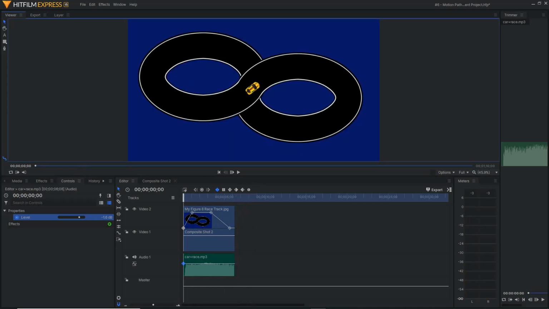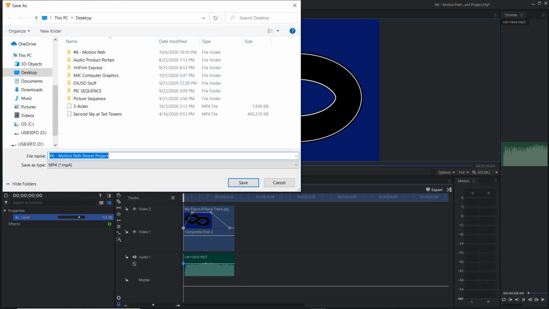So once you're done with that, then it's time to export. So we're going to go ahead and export this. So again, we're in the editor timeline here. You go to export, click the word export there in the top right of the editor timeline. You're already set up for an mp4. So here you can